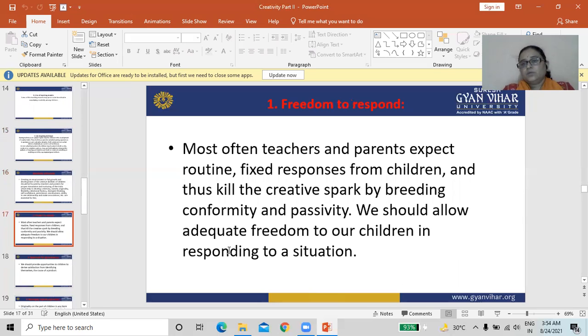Now in this step, we will do some work to create fostering ability in the student. First is freedom to respond.